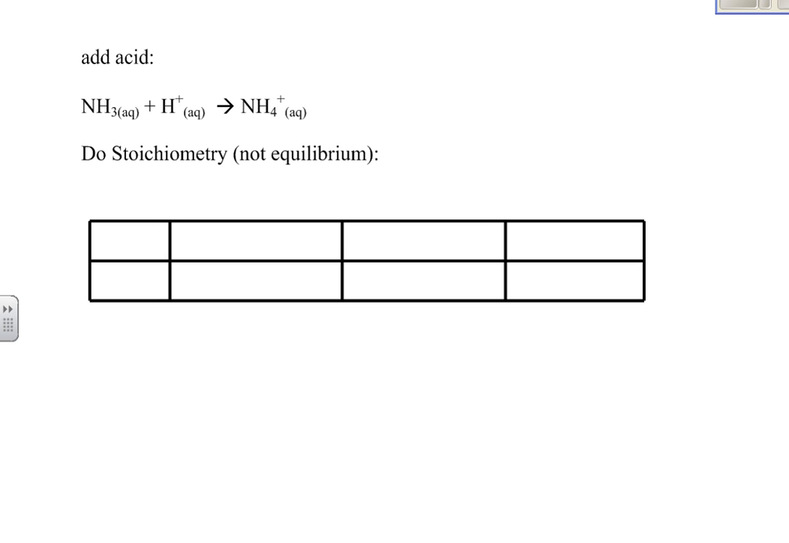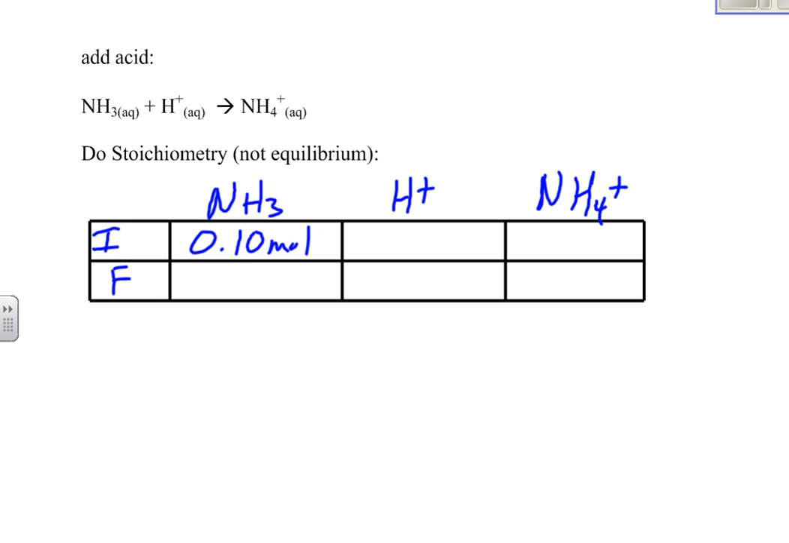What happens when we add the acid? Well, we're going to do the same thing. We're going to do a stoichiometry, not equilibrium. We're going to do initial, change and final. We're going to use the NH3 to neutralize that H plus ion that is added from the strong acid. In this case, we had nitric acid, or I believe it's hydrochloric acid. At any rate, we're going to go back to those original concentrations. We're going to do moles, again with the stoichiometry. 0.010 moles of the H plus,